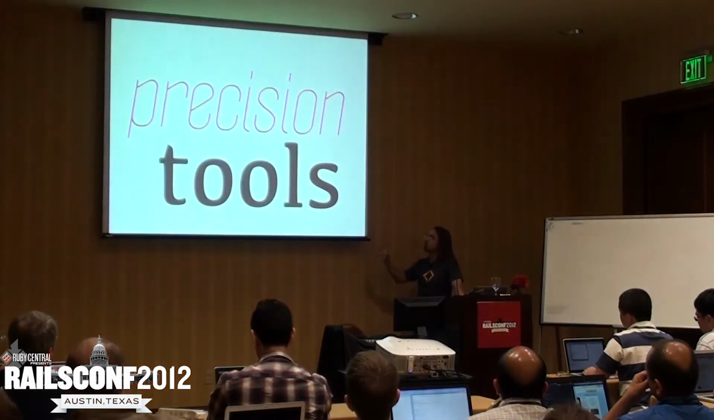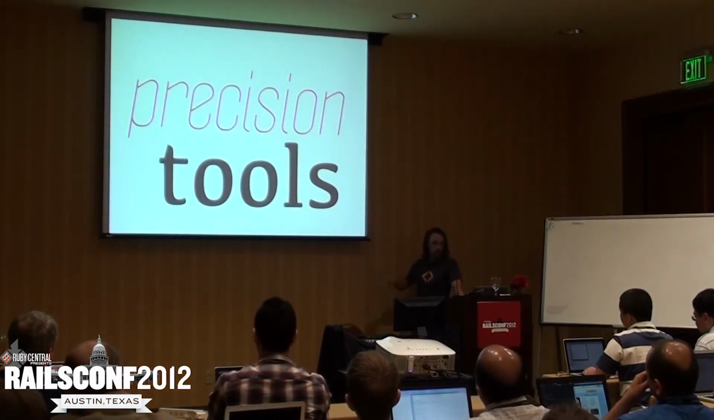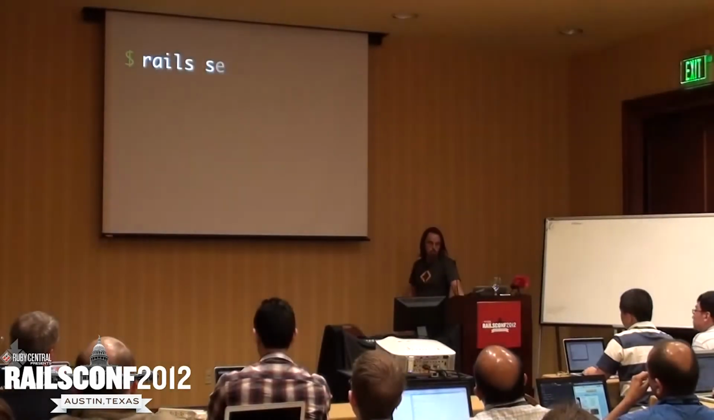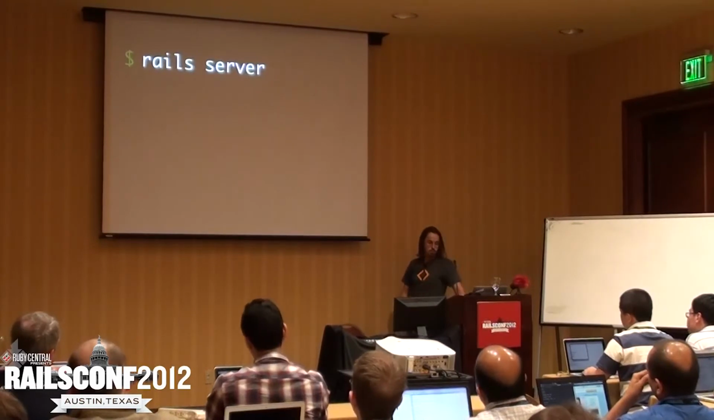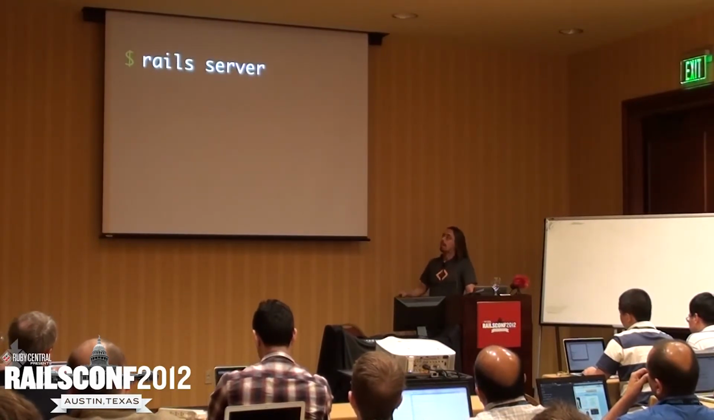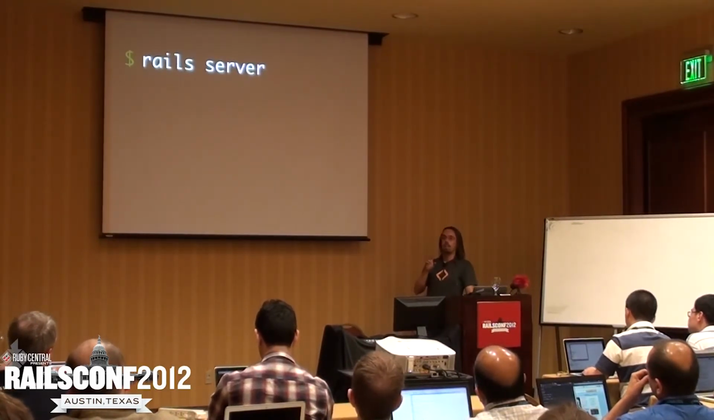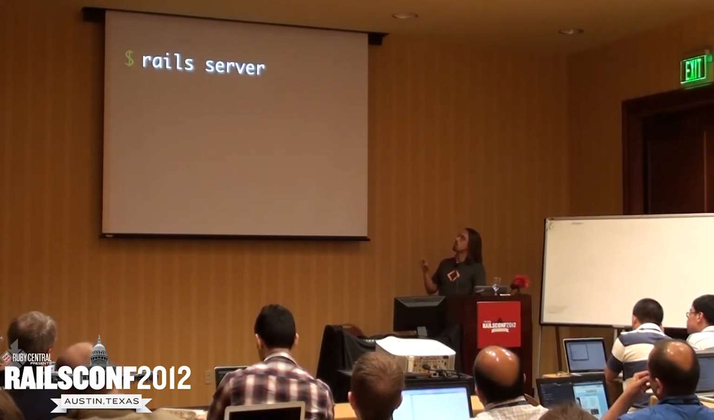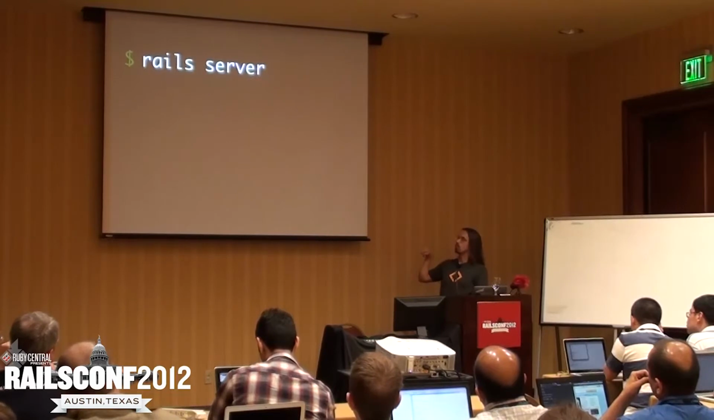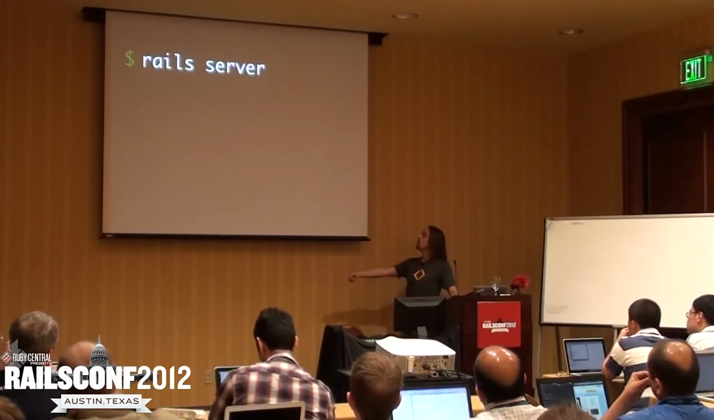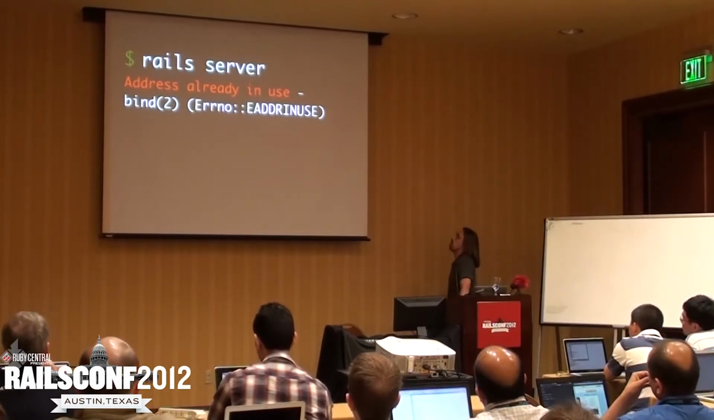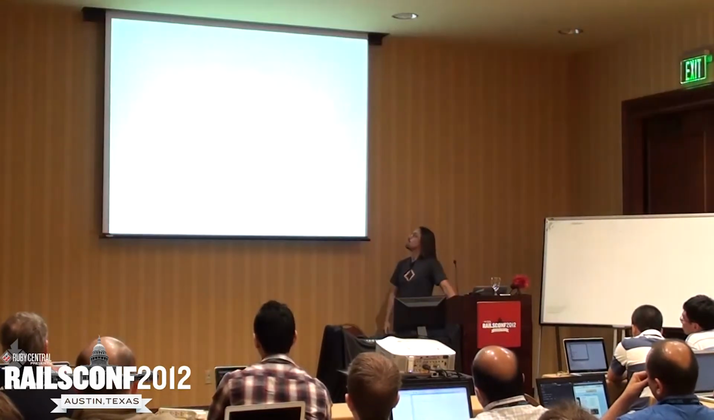Now, there's a bunch of other precision tools that I want to talk about that are beyond just setting your Rails environment. When you start a Rails server, you can't have 2 servers going on at the same port. A bunch of people have these problems whenever they start using Rails. They do Rails server within an app, and then they start another app, and they get this error, address already in use. One solution is to simply specify